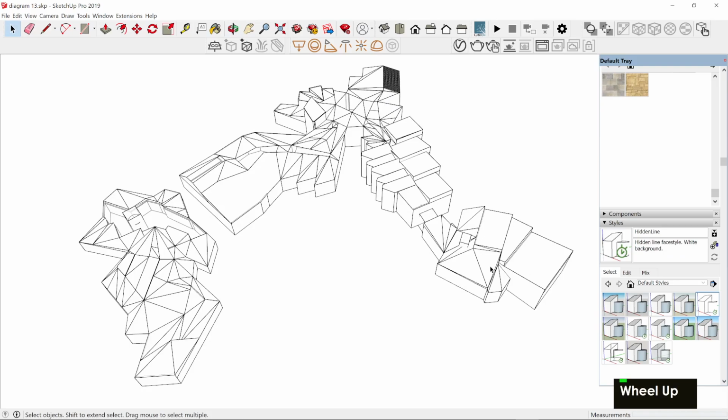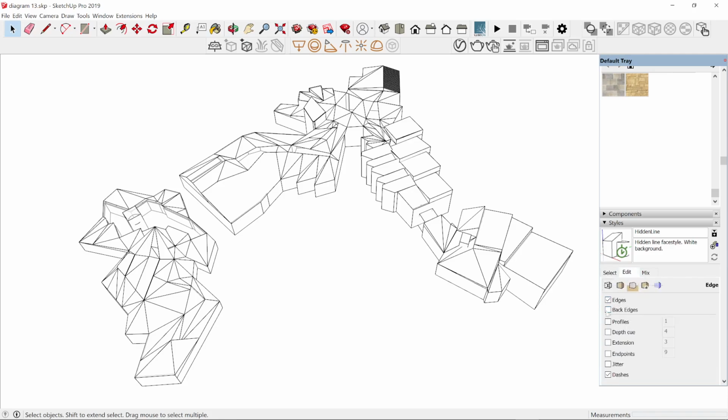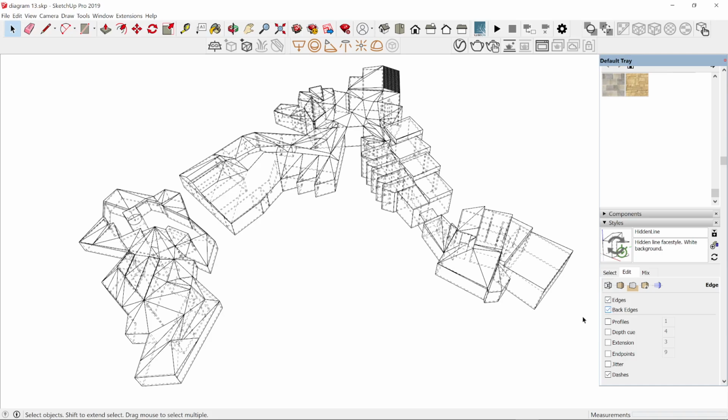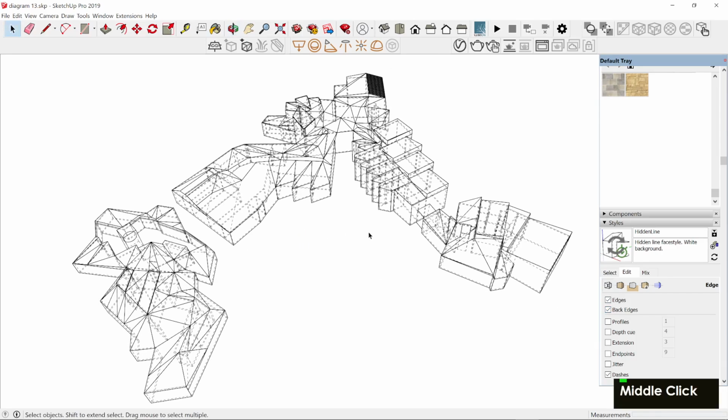So for instance, this one as lines is fine. It looks confusing because it doesn't show the colors or the materials, but let's start with it and let's see the edit tab. So here, for example, you can find that edges is ticked, back edges is not ticked. If you tick it, it will look like this, and this actually gives this abstract feeling that I wanted. So I will leave it open,